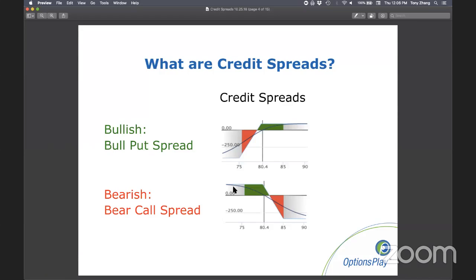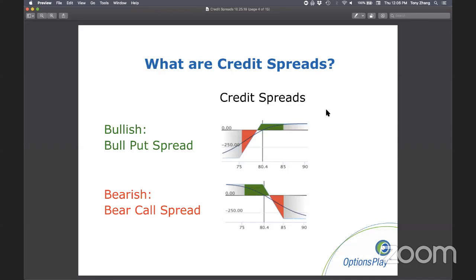And for those of you that are trading other option strategies, especially debit spreads, hopefully this also inspires you to take a look at this other way of trading, because it is quite different from debit spreads and it is useful in other market conditions when debit spreads may not be great for trading. So it's really good to have this strategy in your toolbox depending on the market conditions. And we're going to talk about that as well.